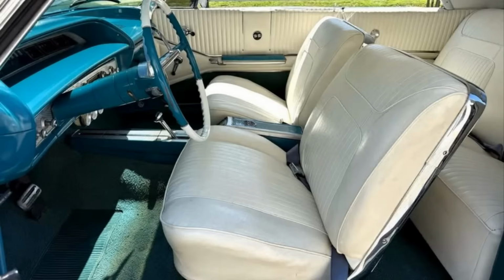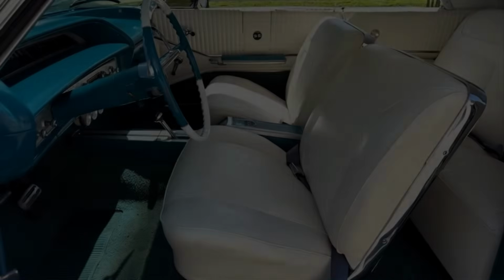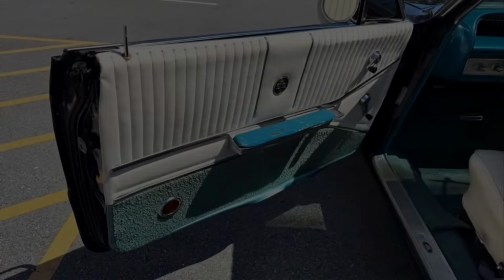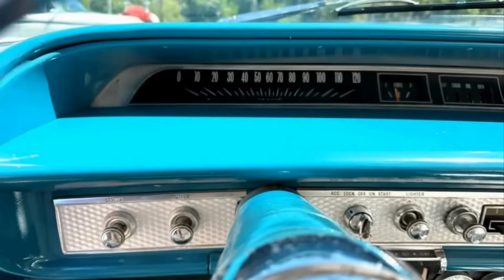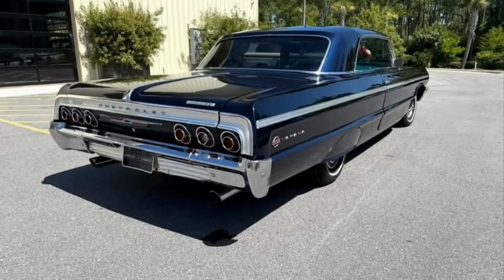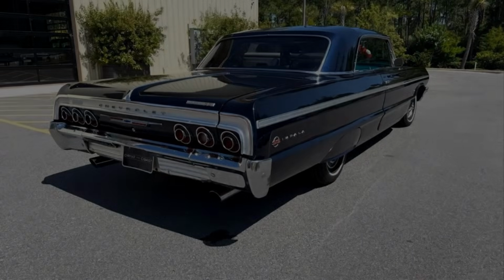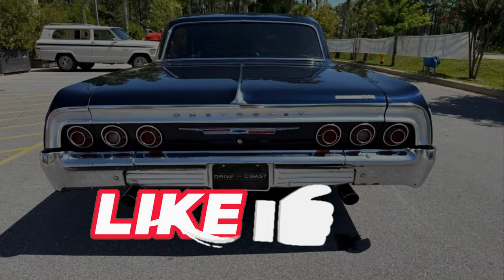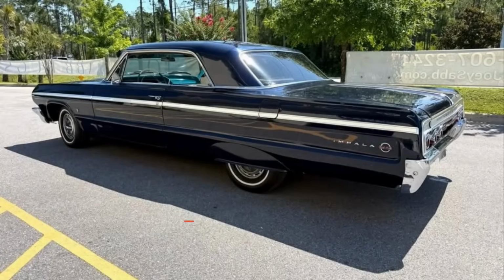The combination of a tidy cabin and stylish exterior makes this Impala SS a strong candidate for both enjoyment and investment. Overall, this 1964 Chevrolet Impala SS represents an excellent opportunity to own one of the most iconic full-size American coupes of the 1960s. With a genuine SS pedigree, attractive presentation, and updated drivetrain, it offers a great blend of collectability and usability. Priced at $45,000, it's positioned for buyers looking for a ready-to-enjoy classic with the right blend of